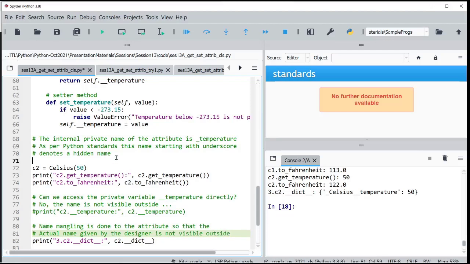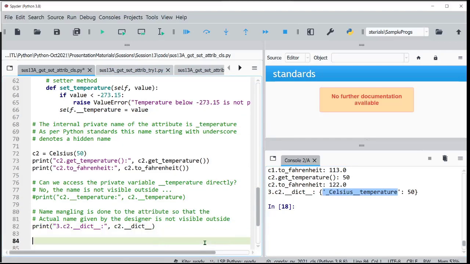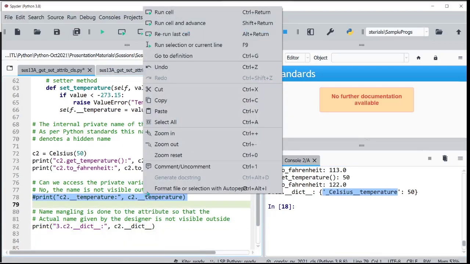So even if you happen to see the class definition, because it's open source, you can always see the class definitions of all the Python programs you have, but still you are not supposed to access it using the same name. Okay? Internally it is mangling it with this name. Anyway, you can find out using this. So in that case, I will be allowed to use it